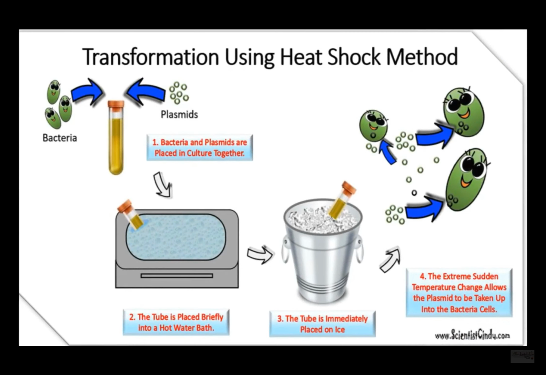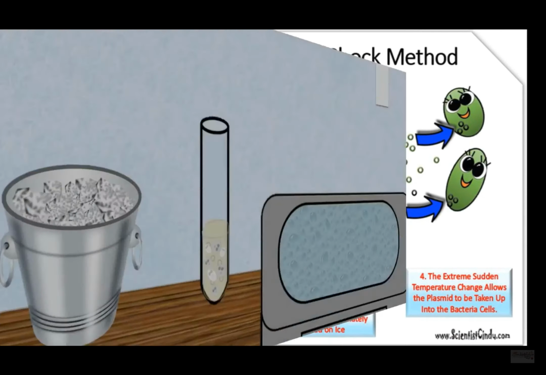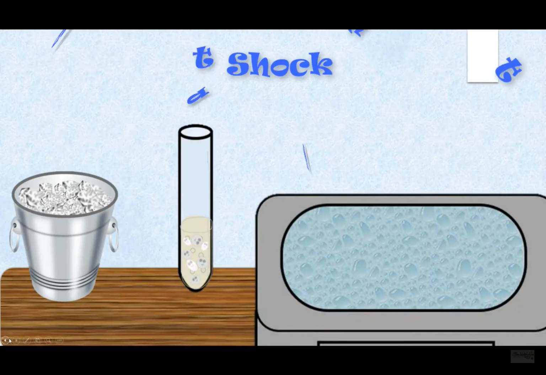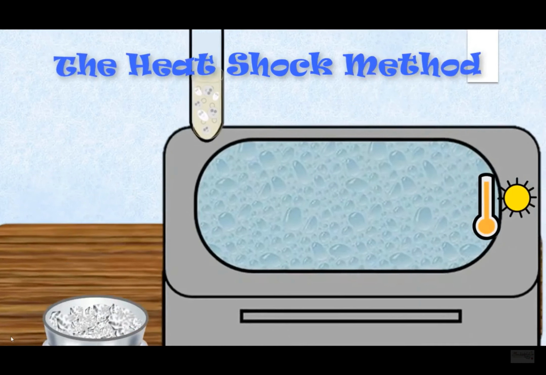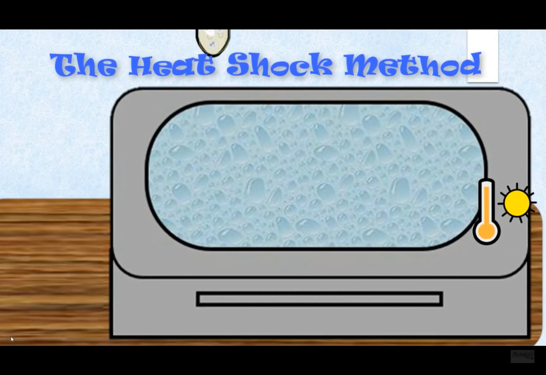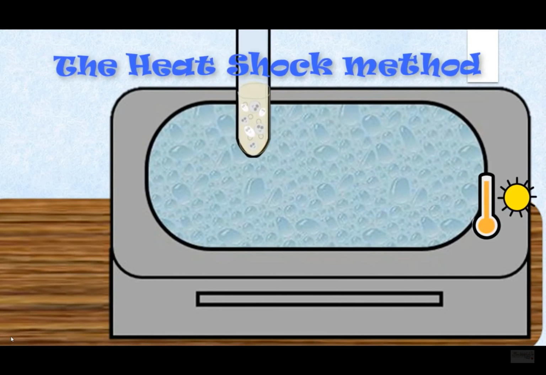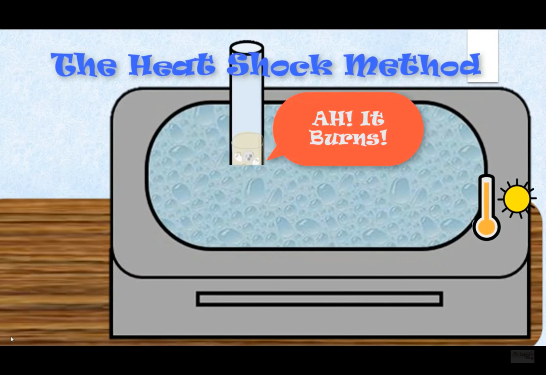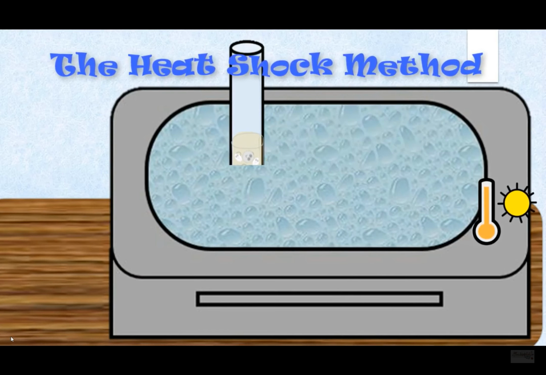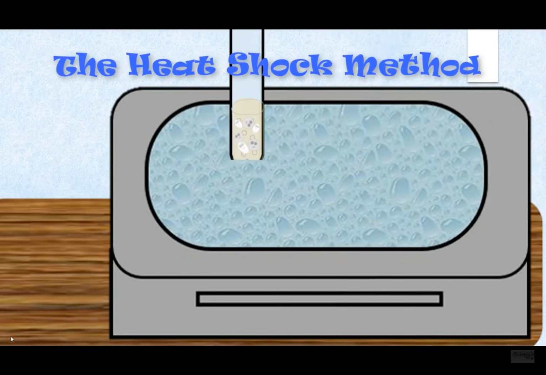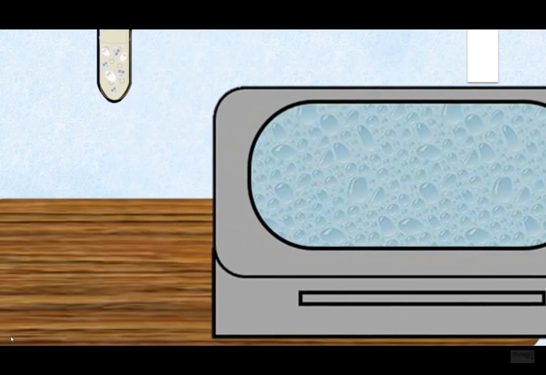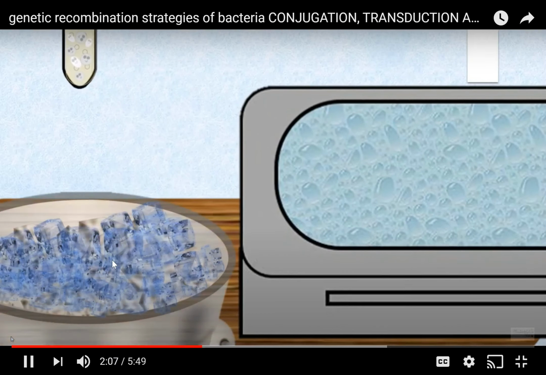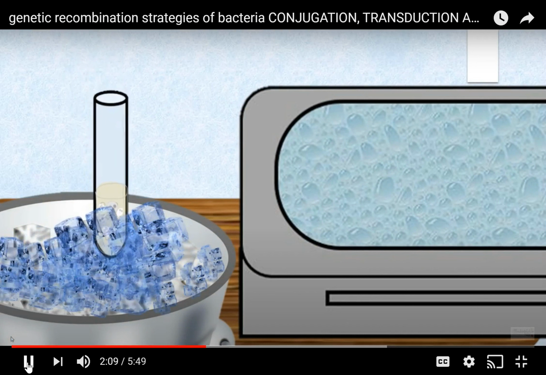Transformation can also be induced in a lab. There are several methods used in laboratories to induce competency. One of the most popular and easiest ways to induce competency in bacteria is the heat shock method. Heat shocking involves exposing bacteria to a moderately high temperature for a brief amount of time. Immediately following the heat exposure, the cell culture is then put on ice. This sudden extreme temperature change causes specialized surface proteins on the cell membrane to